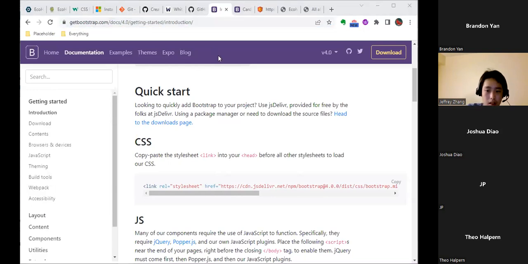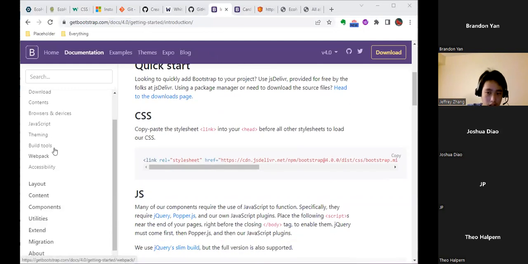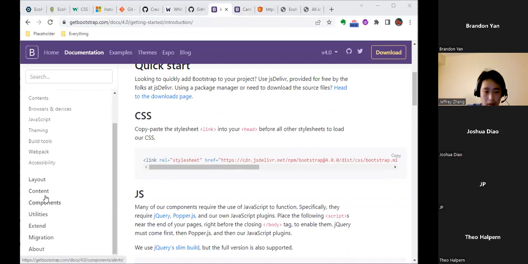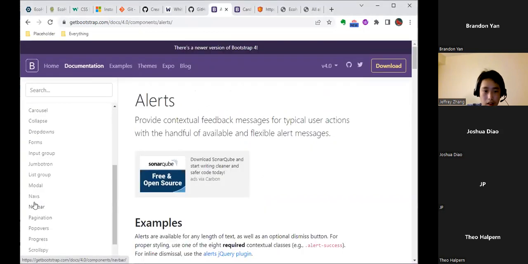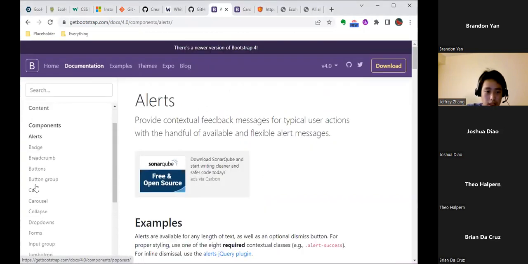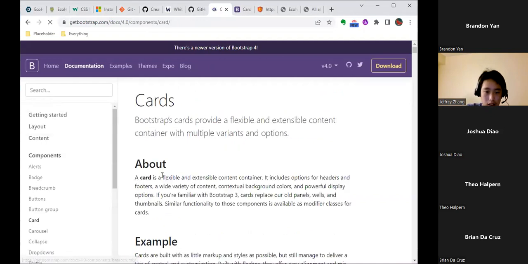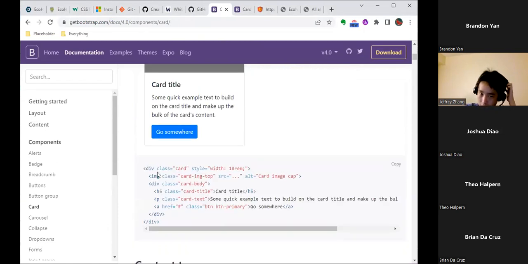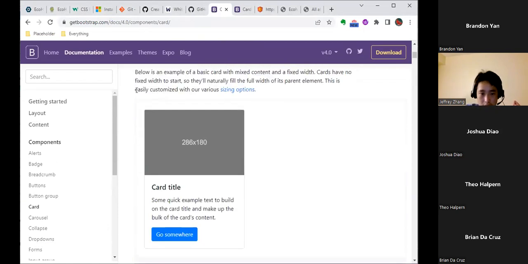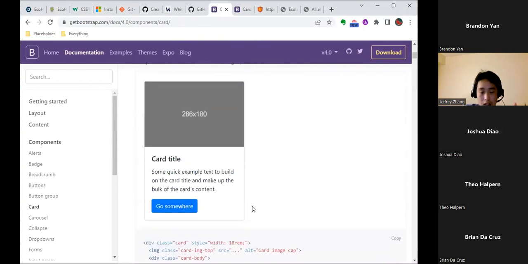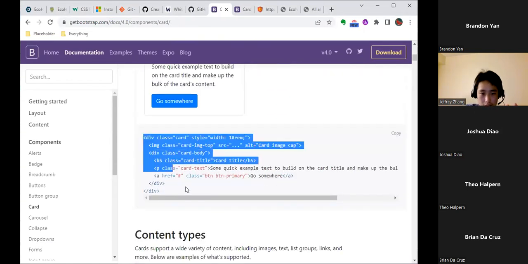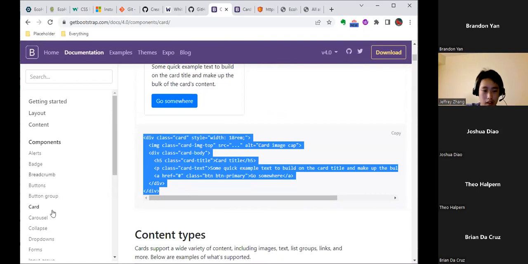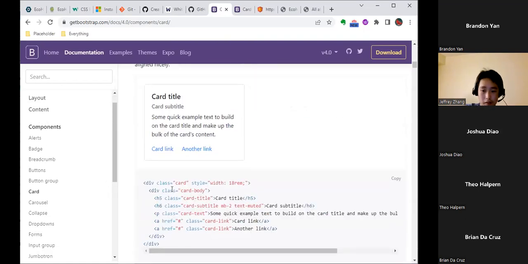Let me just copy and paste it here. And then go to the left, go to this menu section, and then click components. And here you can see all the possible Bootstrap components. And the one we just used is called cards. Here it can show you an example of what card does, and in order to create this section over here, all you need to do is have this code here, and it also shows you a variety of ways to have